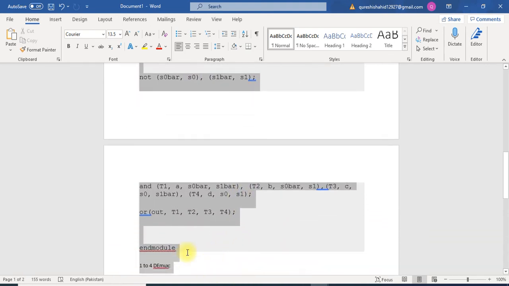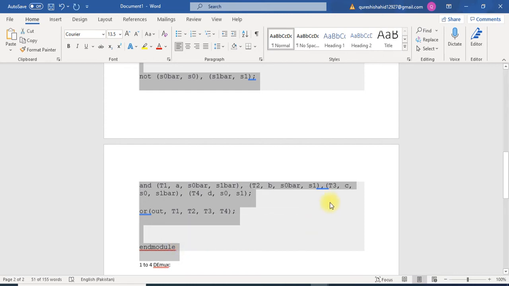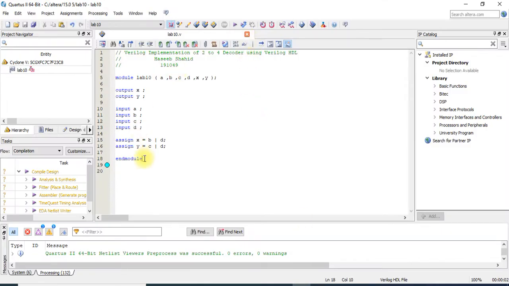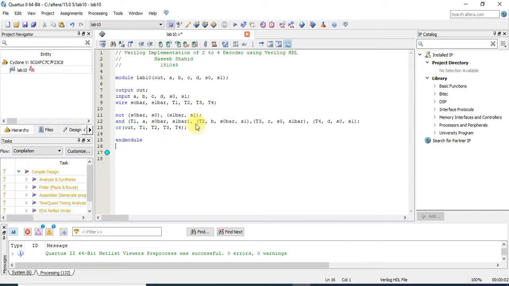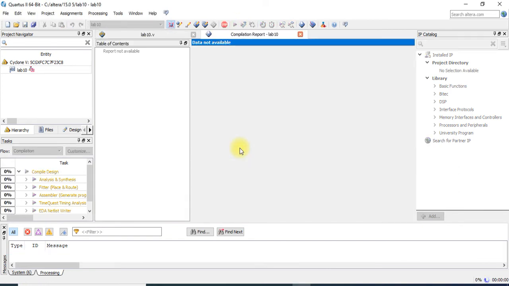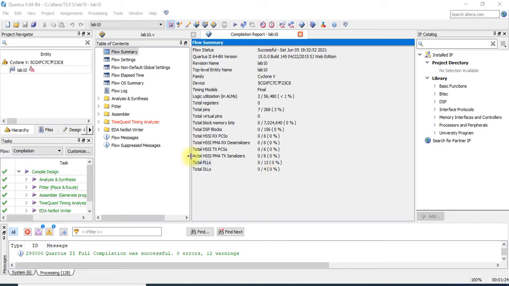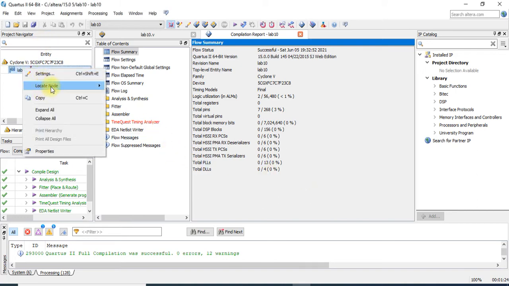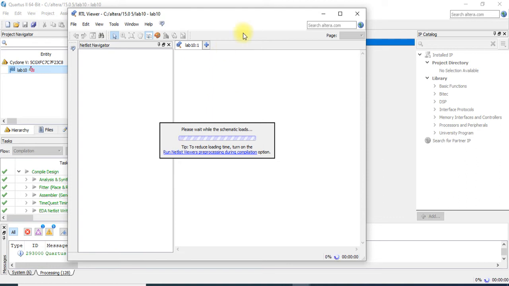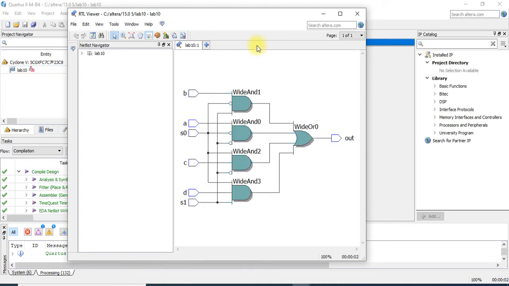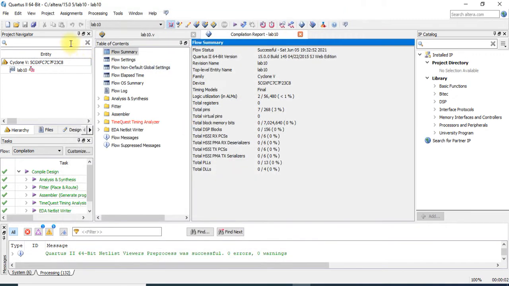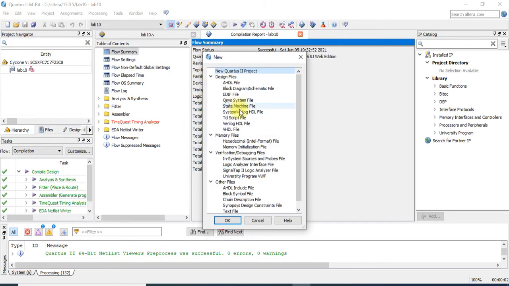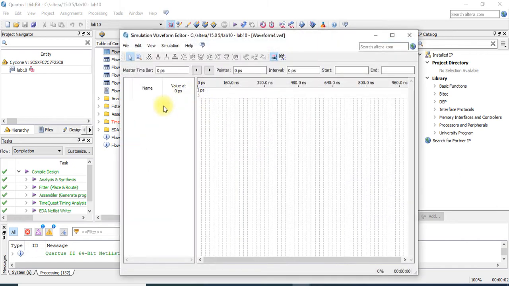Sorry for the inconvenience, I have a little issue with my mouse. I just copy paste that code, run it and wait until it simulates. The simulation has been done. Let's locate the circuit for the mux in the RTL viewer. As you can see, the circuit is exactly the same as we have already drawn in Proteus. So now let's derive the results by finding the nodes.